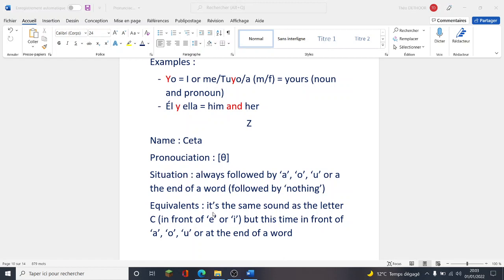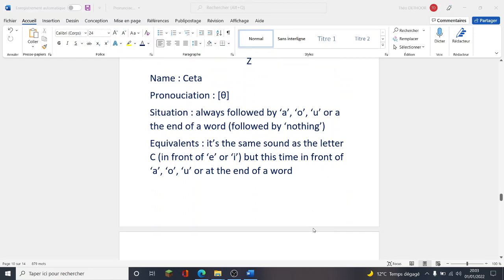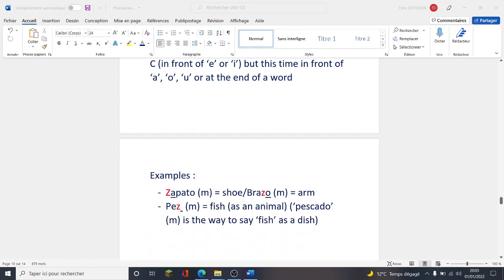But as we saw before, we also have equivalents for the letter Z in Spanish. It's the same letter as the letter C in front of E or I. But this time it's in front of A, O, U, or at the end of the word. Let's focus on examples. We have, for example, zapato, which is masculine and means shoe, or brazo, which is masculine and means arm. And we also have an example at the end of the word like pez, which is masculine and